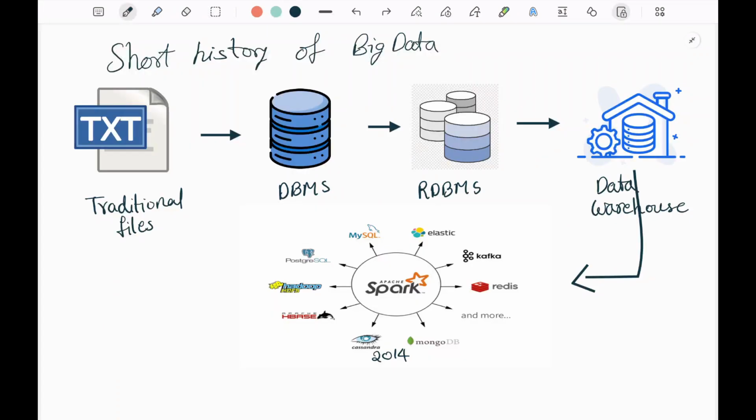Now let's get into a short history of big data. Big data did not just appear overnight. It evolved gradually as technology and data grew. In the early days, organizations stored relatively small amounts of structured data such as customer names, product catalogs, and sales records. This data was managed using traditional files or relational database management systems, or DBMS. As the internet expanded, websites began generating large amounts of data in the form of clicks, searches, page views, and user activity logs. To handle this growth, data warehouses and more advanced RDBMS solutions were developed. However, these systems were expensive and struggled to scale efficiently as data volumes continued to increase.